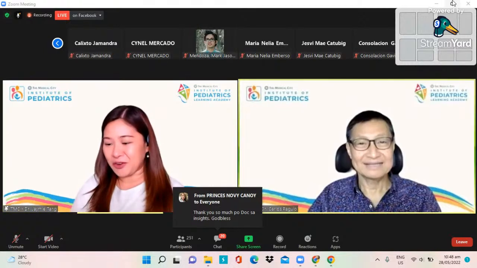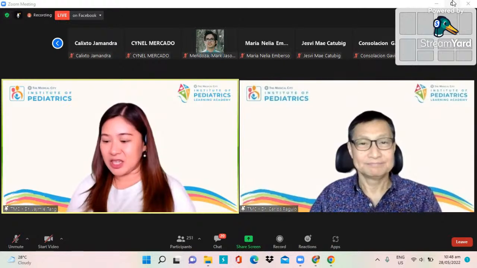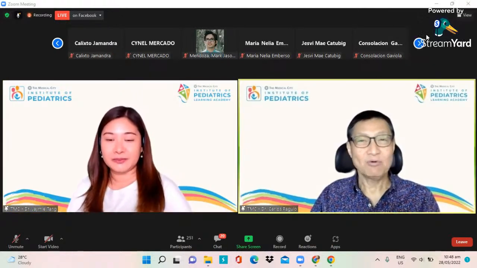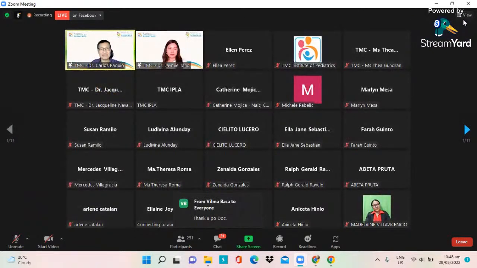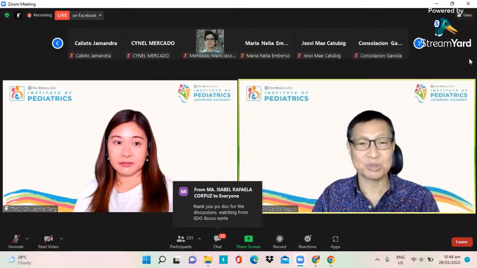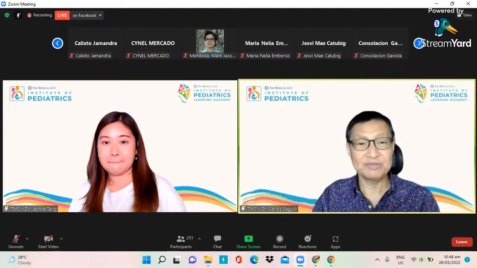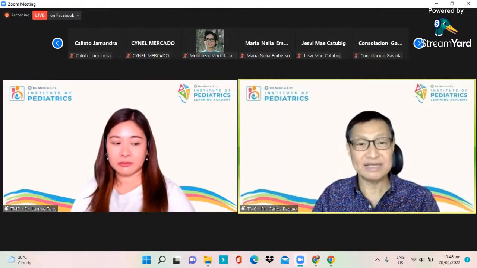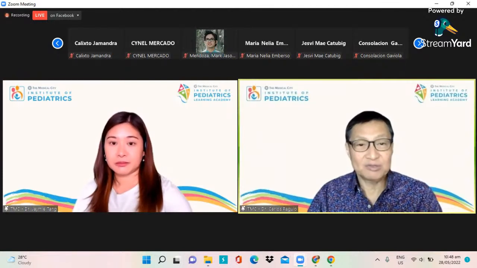Alright. Socorro. Pwede din po ba gumamit ng betadine with lowest percentage in cleaning the umbilical cord? Okay, so povidone iodine is an antiseptic. And so the reason why anyone would want to use that is because they are preventing infection of the umbilical stump. It kind of depends on where you are. If your surrounding and environment is really quite toxic, some people will say, well, I don't really have a toxic place.